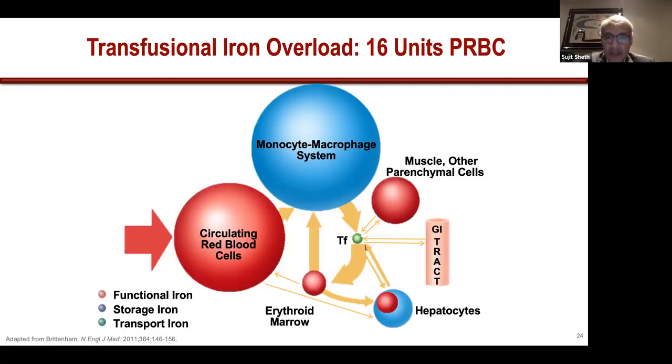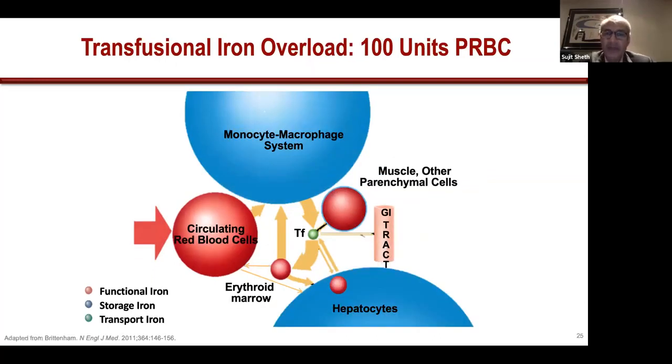Most of the iron is still sequestered safely in the reticular endothelial system and in the liver, both of which are normal storage sites for iron. As you remember, when red blood cells become older and deformed, the reticular endothelial system, the macrophages, take those cells out of the circulation, and then usually the iron is recycled back to the bone marrow for incorporation into new red blood cells. But in this situation, since you're not making new red blood cells, the iron tends to accumulate. And so it's taken up by the liver or stays in the RE system.